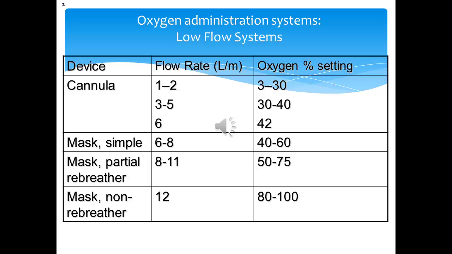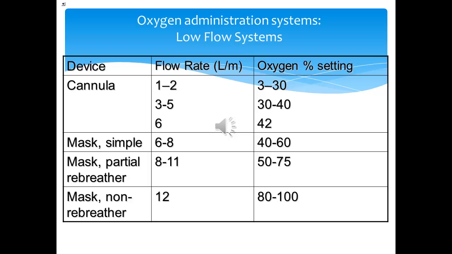This is an oxygen administration flow system table. Nasal cannula can go from 1 liter to 6 liters, and the corresponding percentages of oxygen are listed. 6 liters will give you up to 42% oxygen. So think about that patient that refuses to have a mask on and needs 40%. You could go as high as 6 liters, but remember it must be humidified because oxygen is very drying to